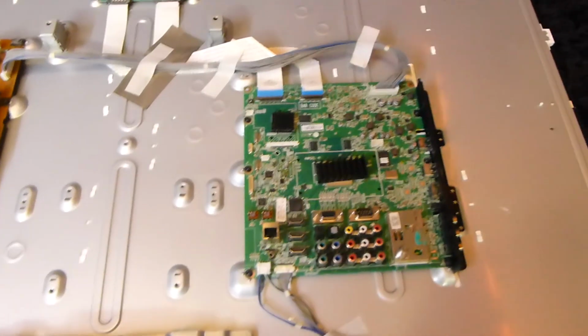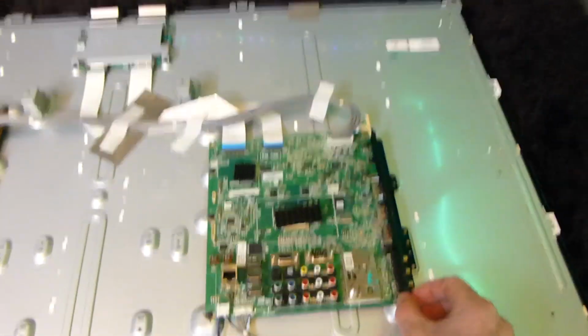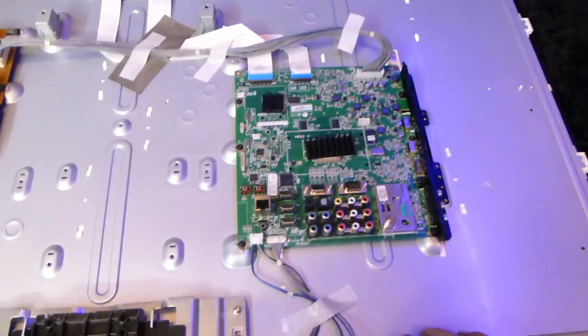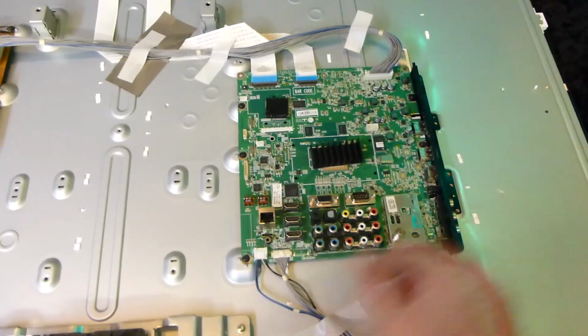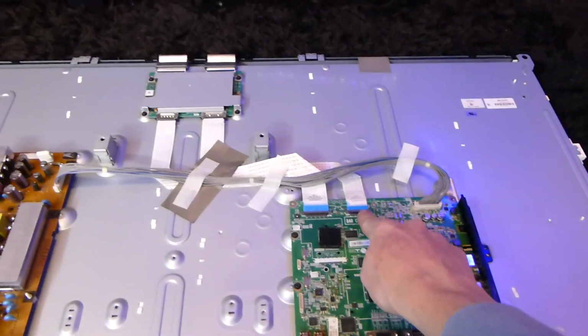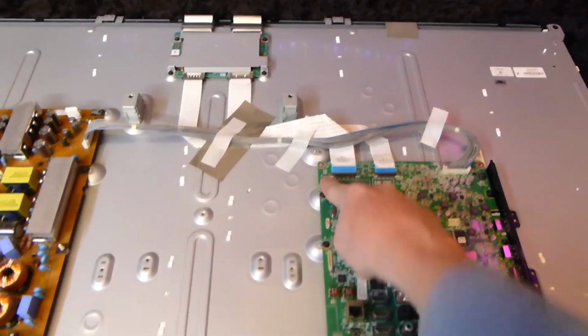The newer ones, absolutely fantastic, very few components. So right off the bat here, we're looking at this. This is what we need to get off. So we need to be very careful. We need to go ahead and unplug this right here. We also need to unplug this, take out these ribbons right here, and then we need to go ahead and